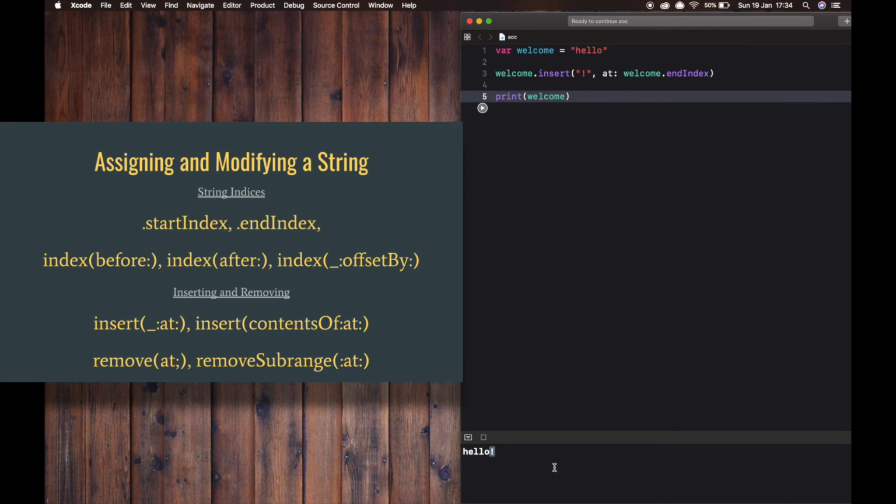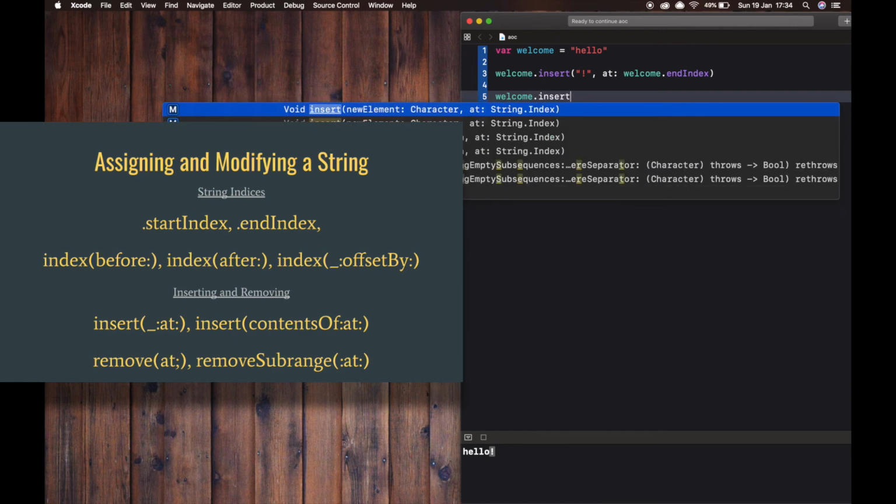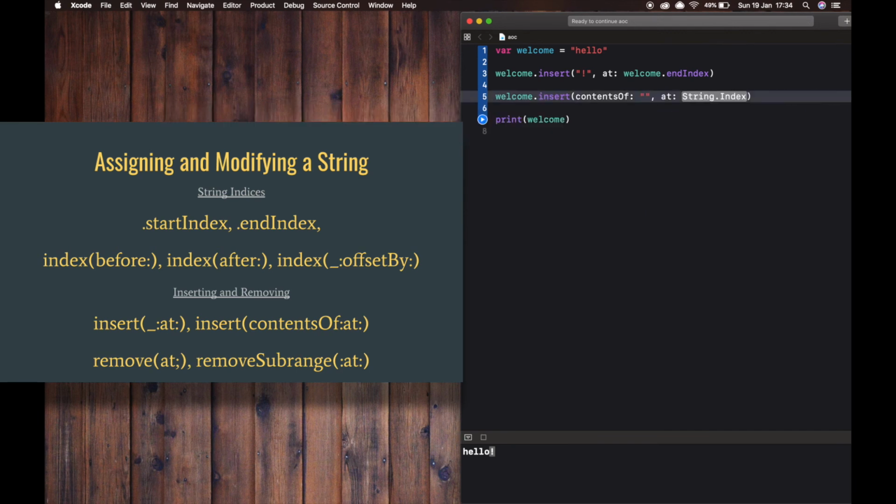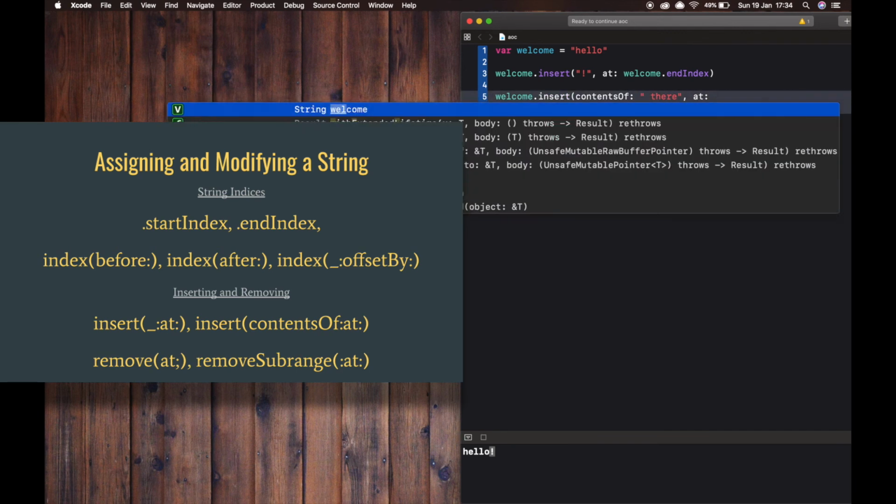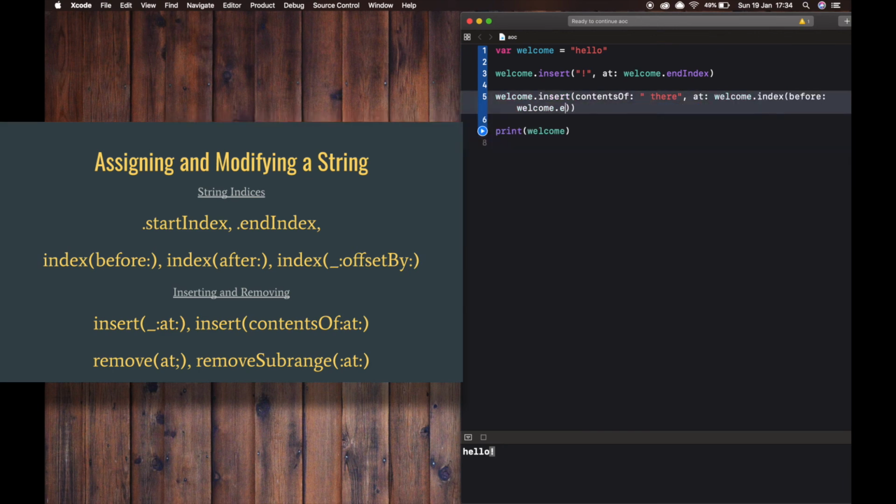To insert the contents of another string, we can use insert contentsOf. This will insert that string there before the exclamation mark.